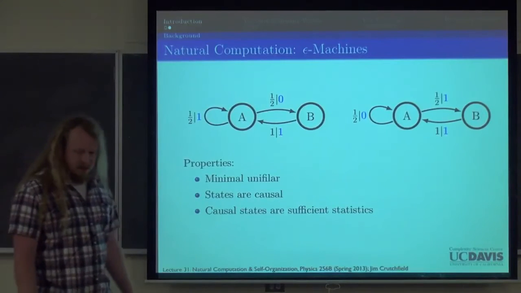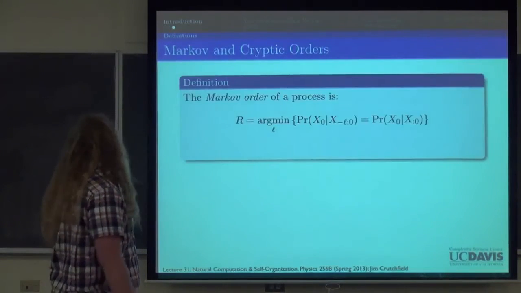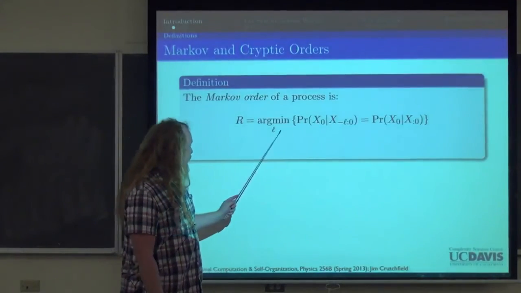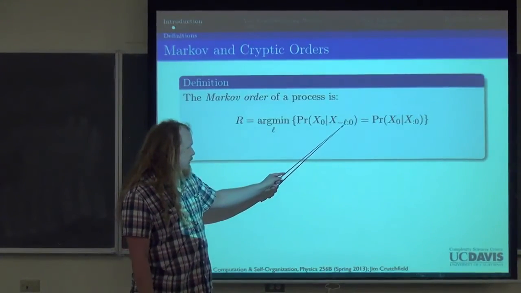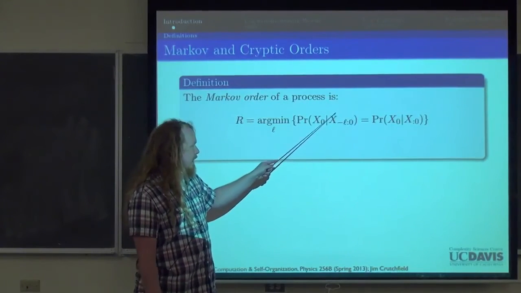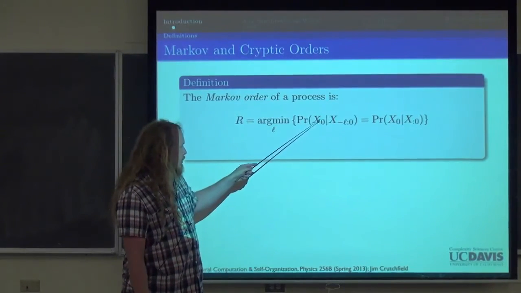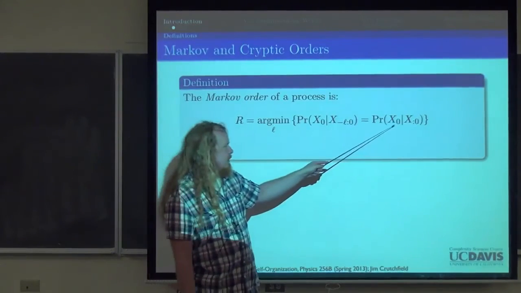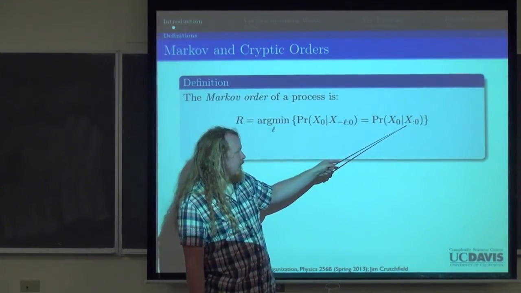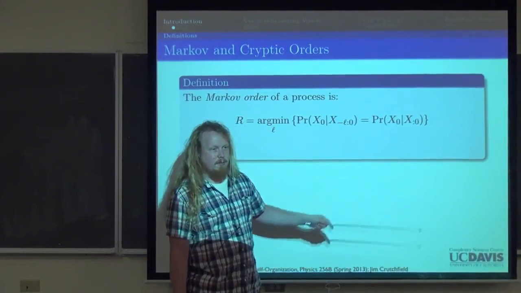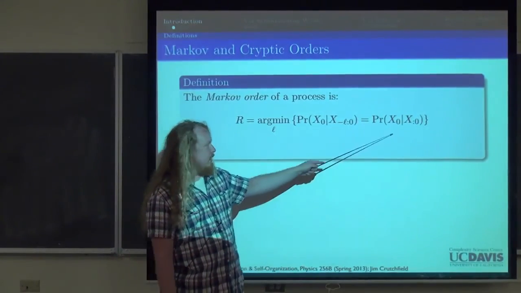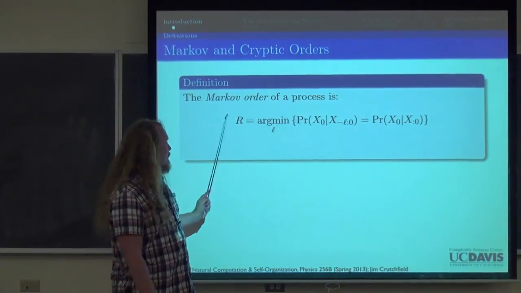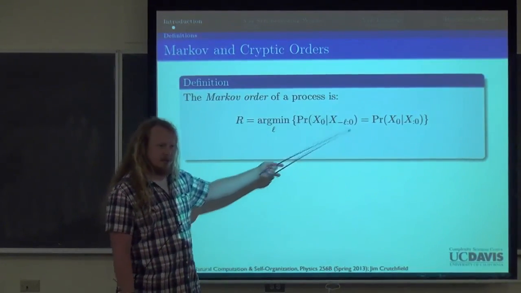So moving on. The Markov order of a process is the minimum length L such that, observing a block of that length, the probability of the next symbol upon observing the previous L symbols is equivalent to the probability of the next symbol upon seeing all the previous symbols. So instead of looking at the infinite past, if you only have to look at a length L past, the Markov order is the shortest length L past at which you still have